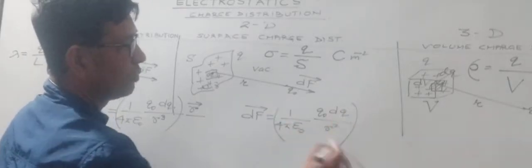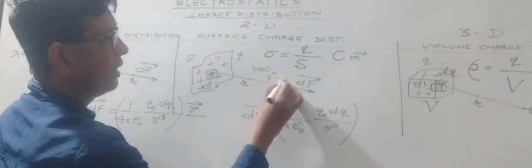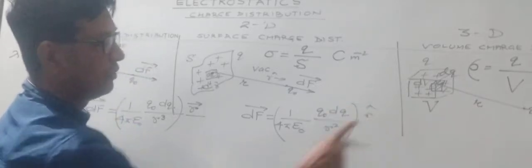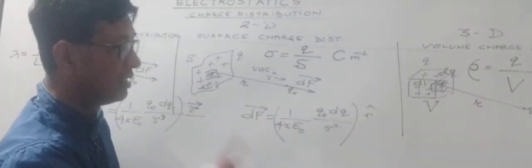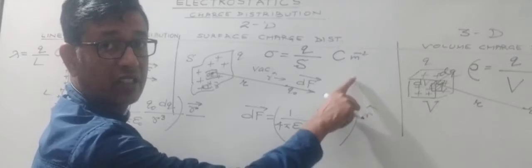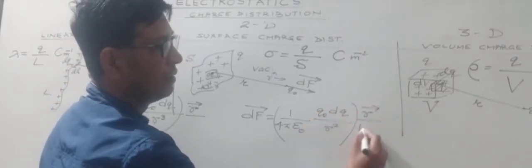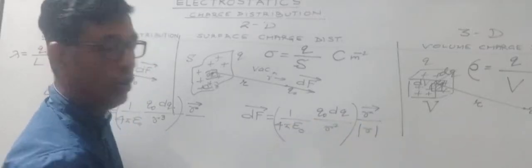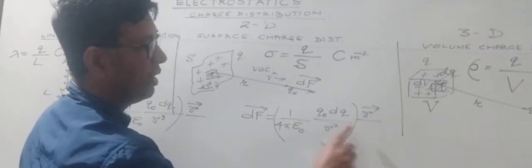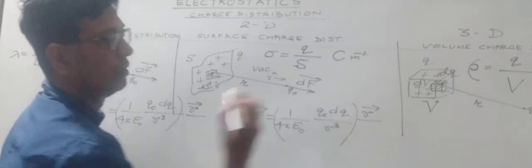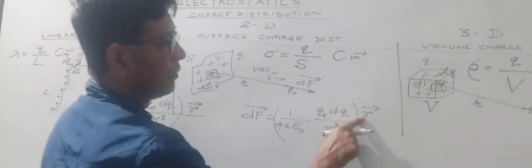This is the magnitude. What about its direction? Suppose R cap is like this. So this will give the direction of dF. Now what I stated earlier is that a unit vector is a vector divided by its magnitude. So it may be written as, right? Or R square into R, it will become R cube. Clear? Similarly, over here,